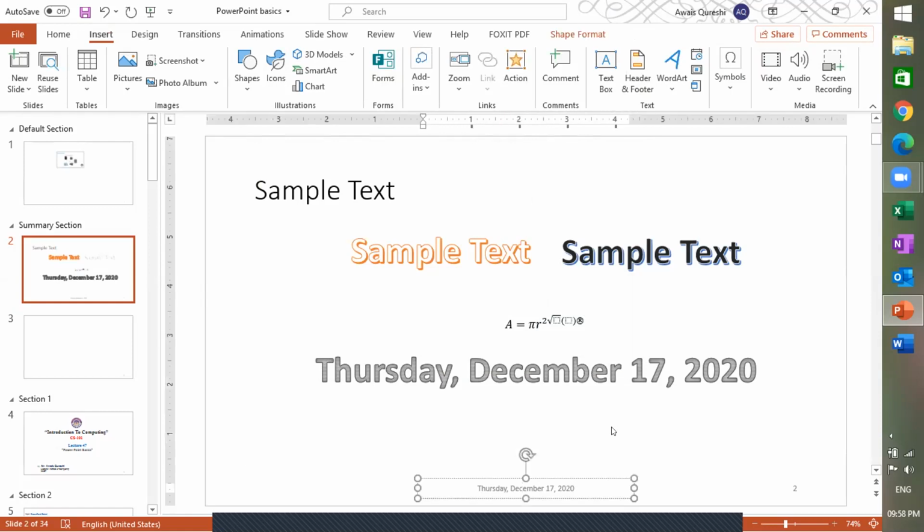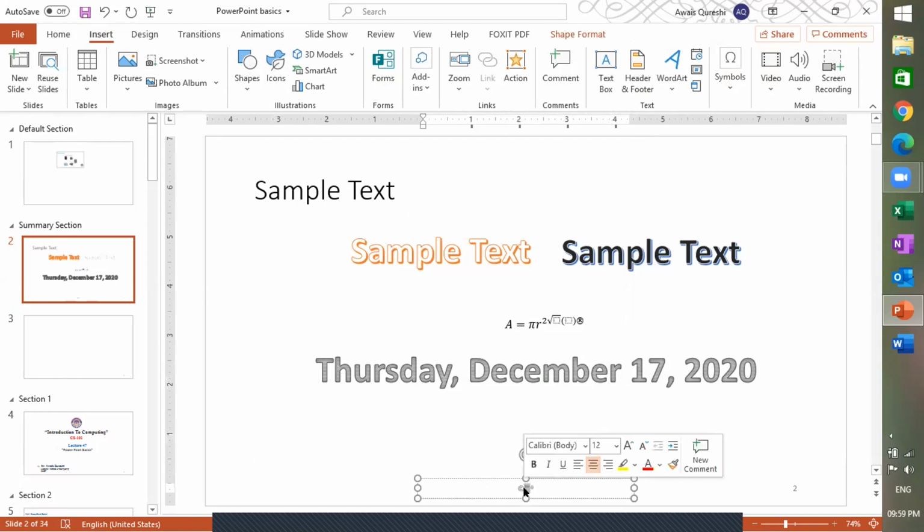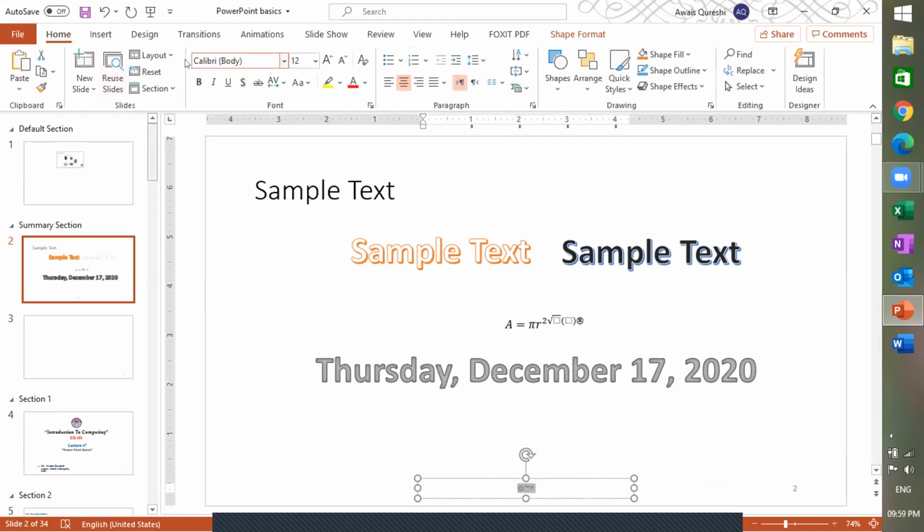Let me delete this text and add the register sign so that it can be visible. Copyright and trademark and the register. So as you can see, different symbols, let me enlarge it so that they can be easily visible to you.